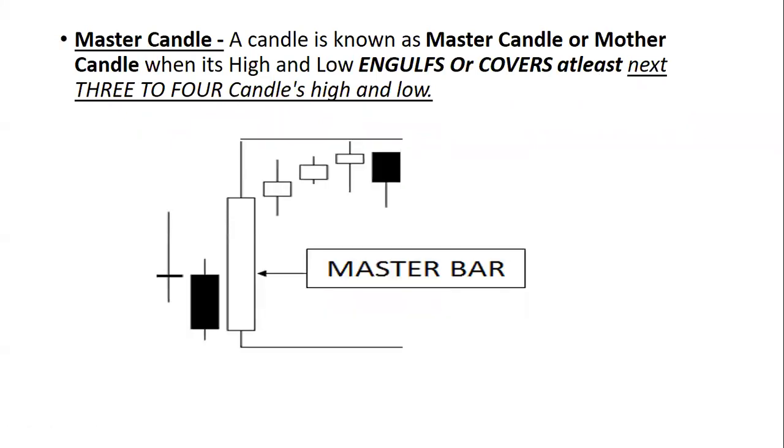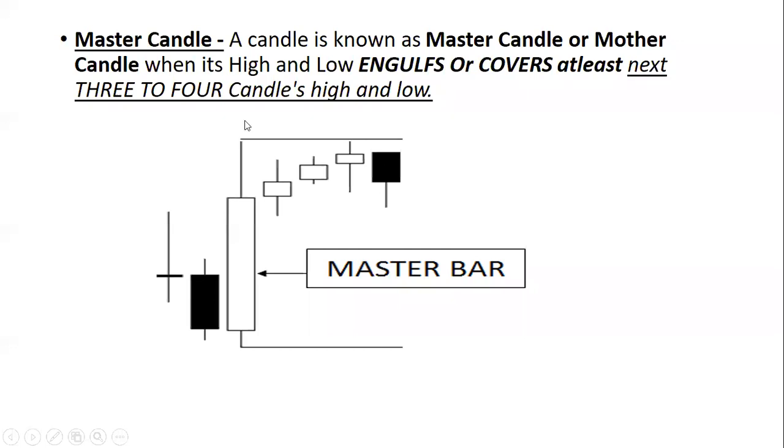Now, to explain this definition, I have a master candle image with me. Look at this big bullish candle. Here, I have taken one horizontal line at the high of this candle, and one horizontal line at the low of this candle. Now, look at the next 4 candles. You can see the next 4 candles are inside this big bullish candle. When you see these 4 candles very carefully, you will come to know they are very small in size. Therefore, we can say these are all baby candles, and this candle is known as the mother candle or master candle because this candle is covering the next 4 baby candles.